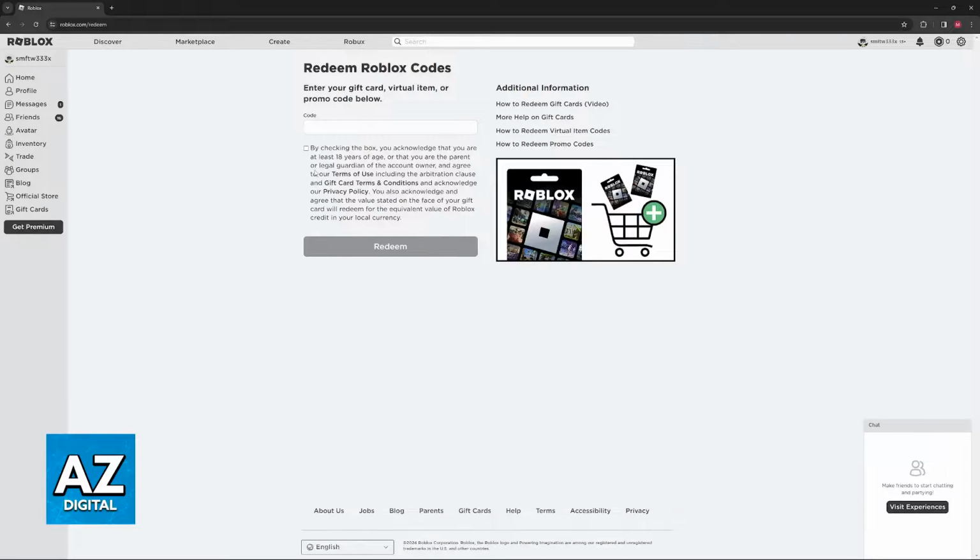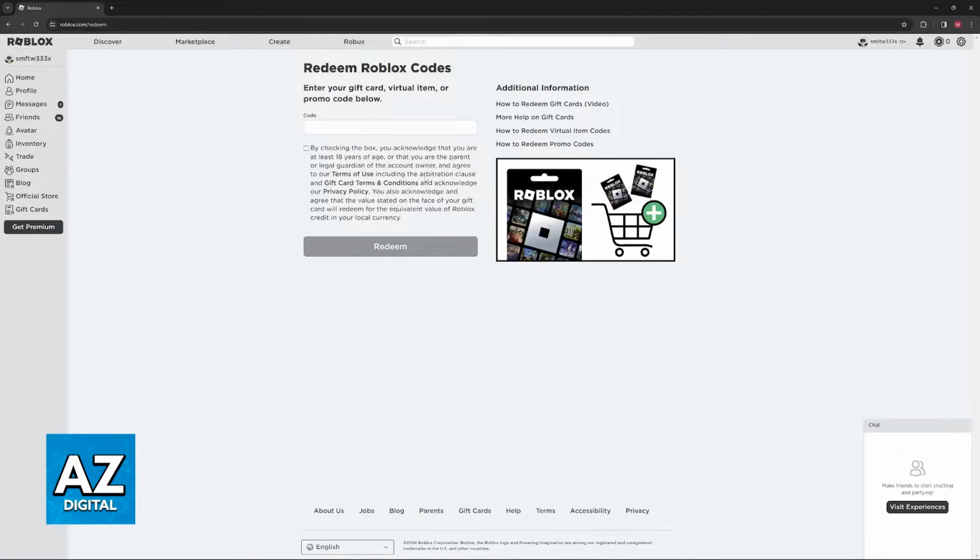Because, just like the error suggests, every time you buy a Roblox gift card and you try to redeem it, your account's location has to be within the same currency of the code. So, for example, if your account is set to the United States and you try to redeem a Roblox gift card containing Canadian dollars, it's not going to work. The currency of the gift card that you redeem must be in United States dollars.